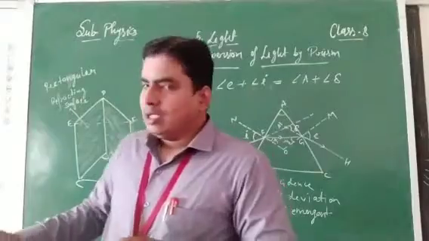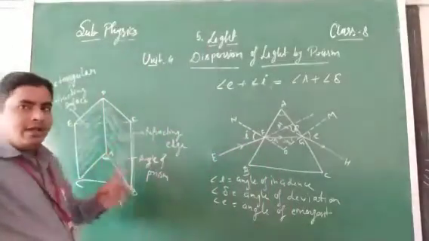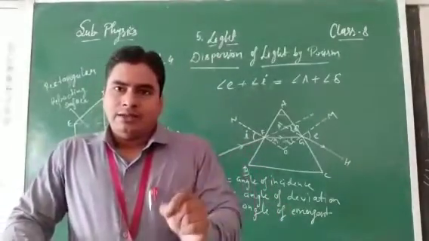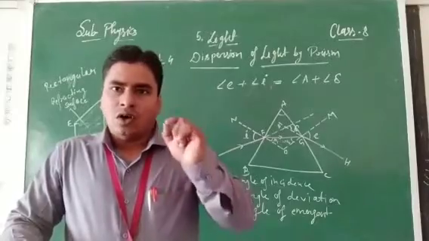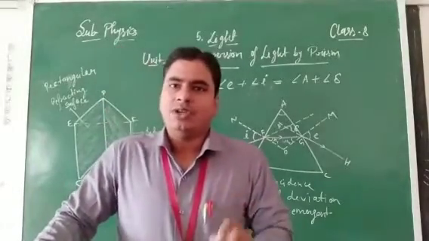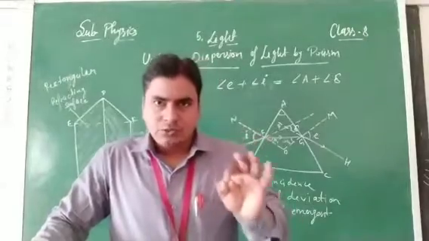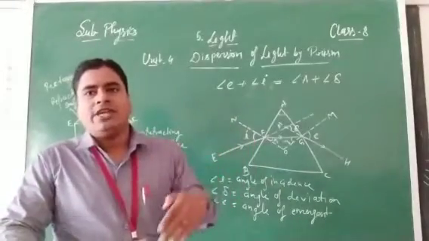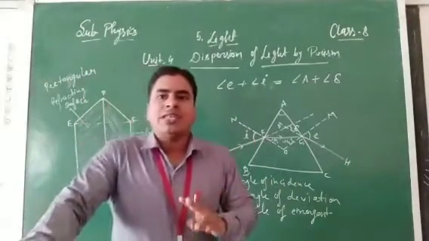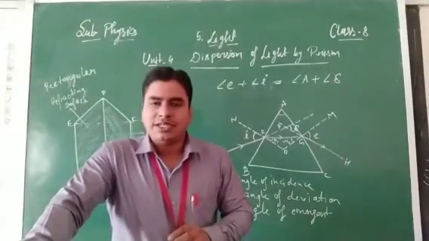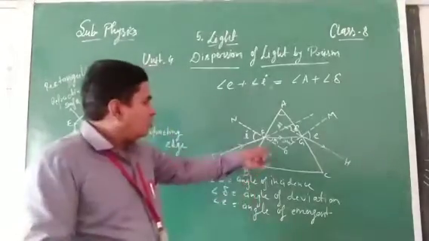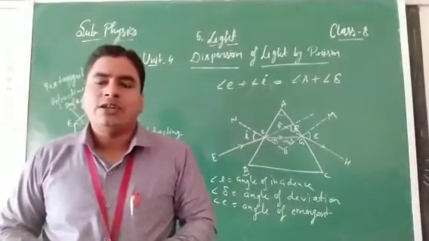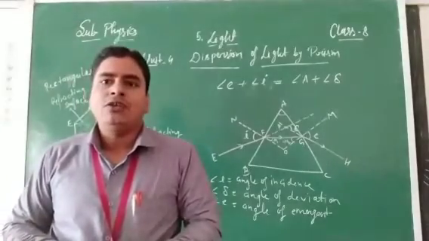Clear? Here dispersion takes place only on rectangular faces, not triangular faces. Means dispersion only shows on rectangular surfaces of the prism, not triangular faces. When light passes through a rectangular surface, it will disperse or deviate from its path and split into 7 colors of light, that is called dispersion. But when light passes through triangular faces, it will not show any type of deviation or dispersion. Clear? The light ray goes straight forward.